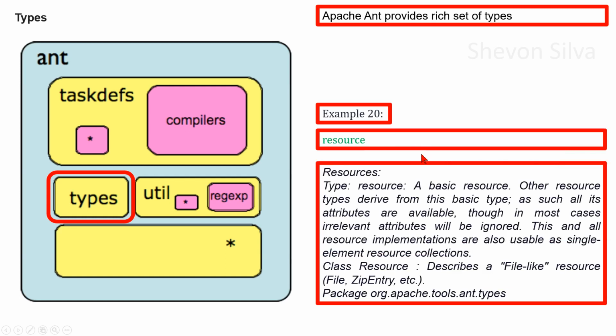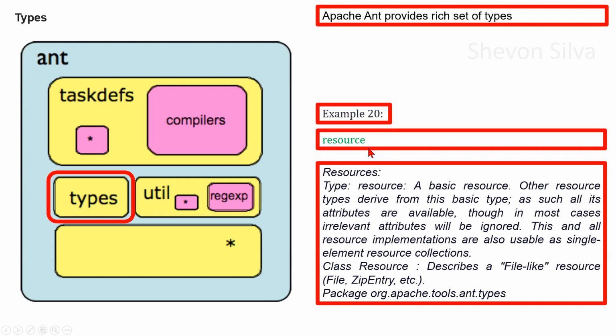Now we are considering a resource, a type resource, a basic resource, other resource types derived from this basic type. As such, all its attributes are available, though in most cases irrelevant attributes will be ignored. This and all resource implementations are also usable as single element resource collections. With regard to API, we can consider class Resource, describes a file-like resource, file, zip entry, etc. This is in the package